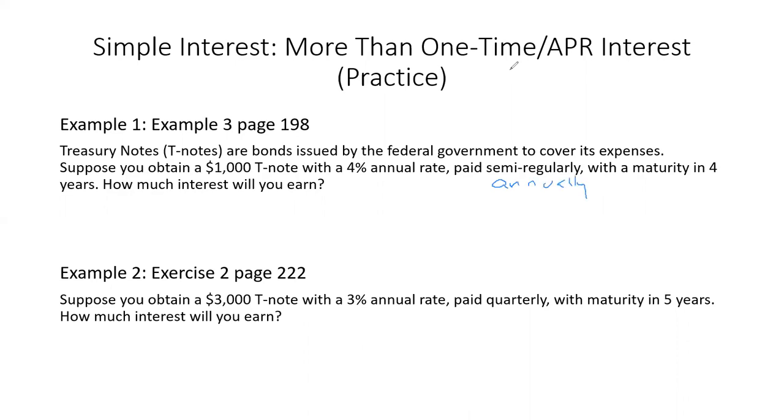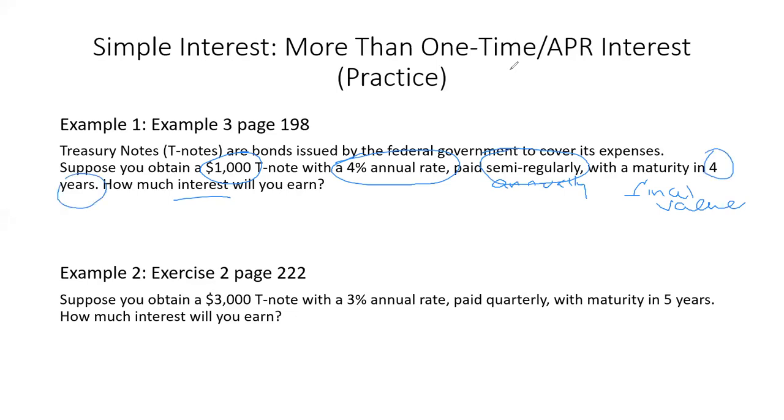With the maturity, what the maturity means is the final value. So with the maturity in 4 years, how much interest will you earn? Whenever I do these types of problems, I always underline what it's looking for, and then I circle any important information. So I know that I have $1,000, I have a 4% annual rate, paid semi-regularly, for a time of